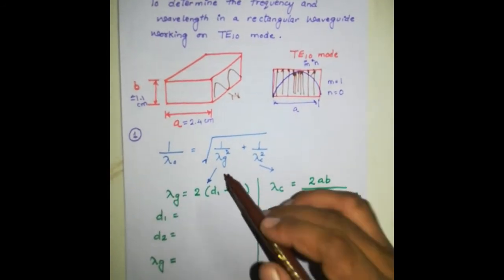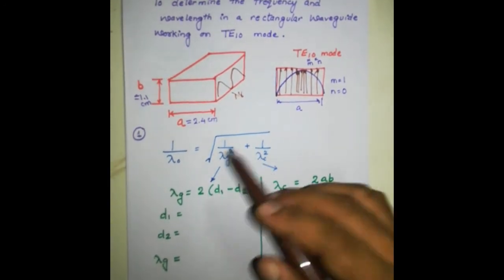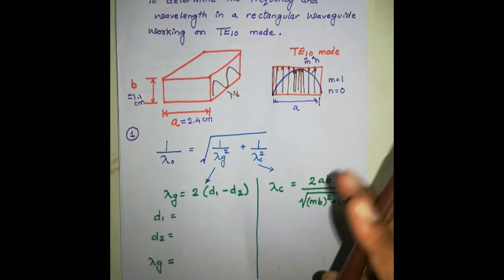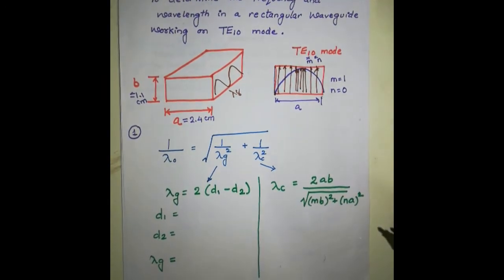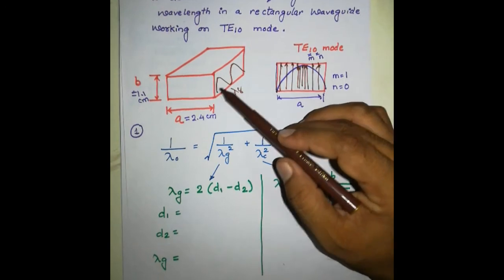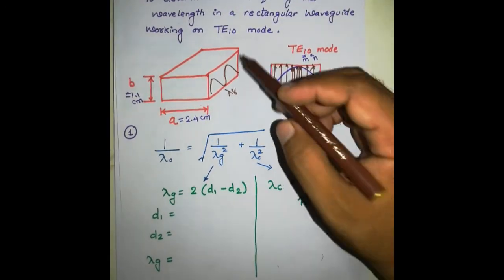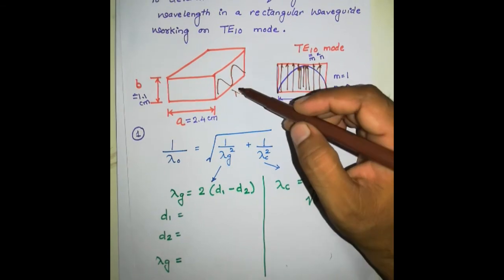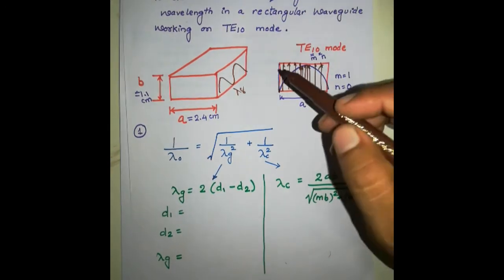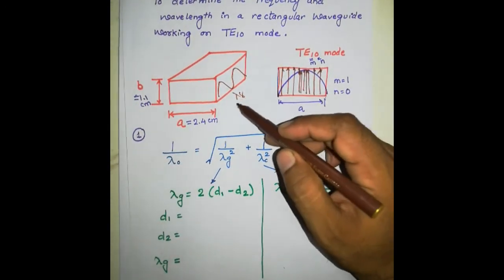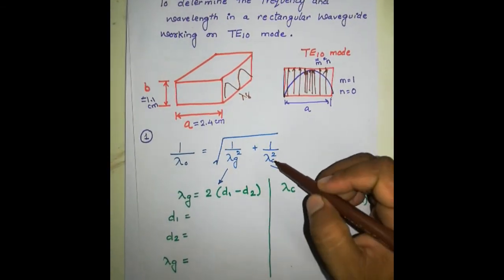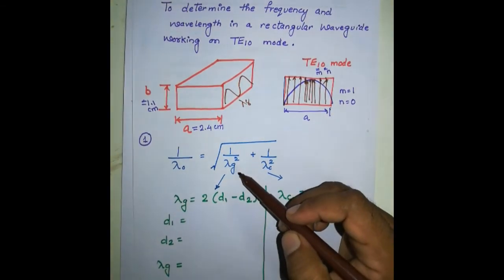Now the question arises, what is this lambda g and lambda c? Lambda we know that it is a wavelength, but what is this lambda g? If a wave is propagating in free space, then it will have a different velocity, and that velocity is 3 into 10⁸ meter per second. But once the wave is propagating inside some guided media, the velocity will change. So correspondingly the wavelength will be called guided wavelength. It will be less than the wavelength of the wave which is traveling in free space. So that wavelength is called guided wavelength, and the second wavelength is called cutoff wavelength, which we will see later. So lambda c is our cutoff wavelength and lambda g is guided wavelength.